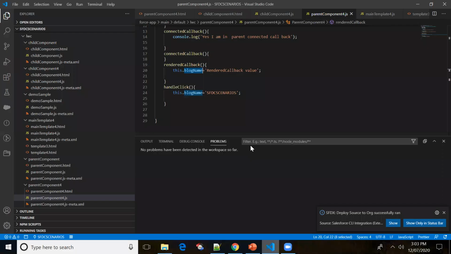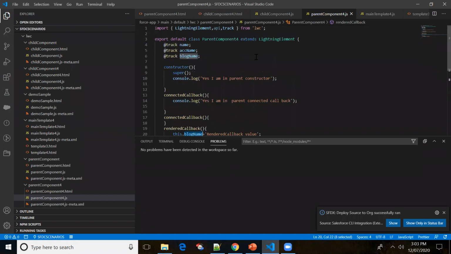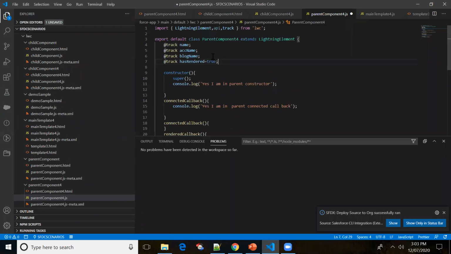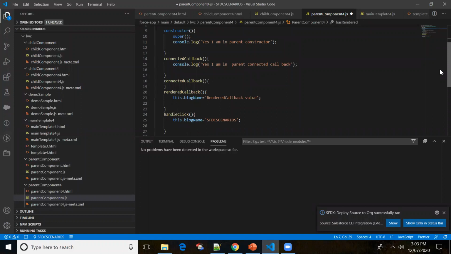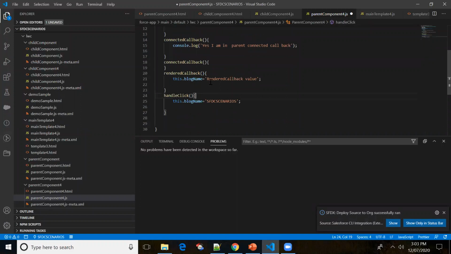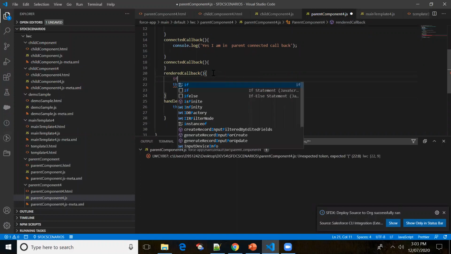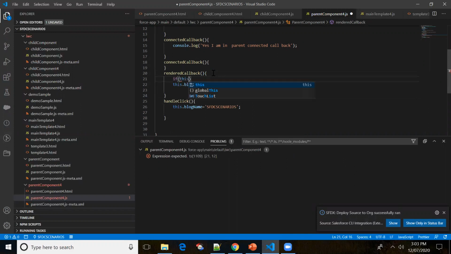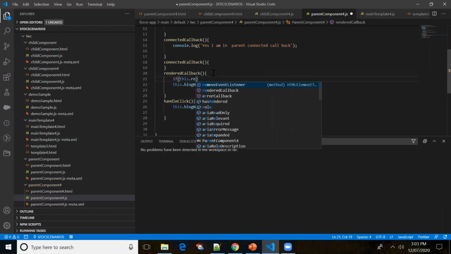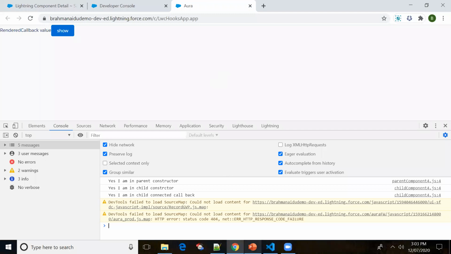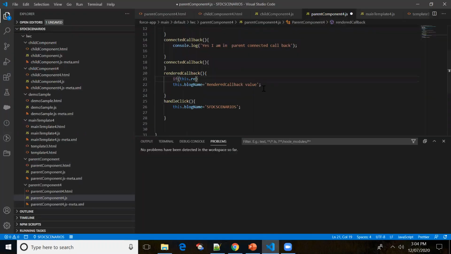Okay, so let me go back to the visual. In the render callback, it is this dot hasRender.